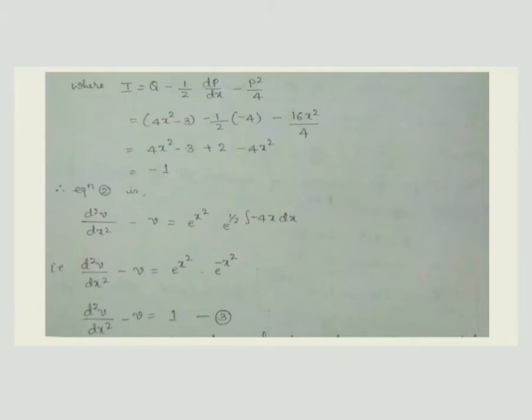Okay, so further simplify, d square v by dx square minus v is equal to e power x square, that into further simplify again. Observe that this is same as y1 value, but here it is a minus y1 because y1 value is e power minus half into integration of minus 4x into dx. So that's why now I will write this one as e power minus x square. For all these values, or otherwise you can simplify, you will get the same answer. So now d square v by dx square minus v is equal to, now e power x square into e power minus x square will get cancelled. So we are left with 1, and I will call this equation number 3.